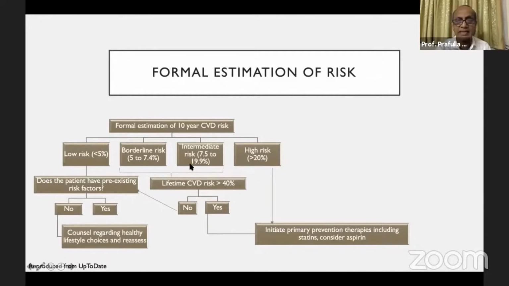It is the borderline and the intermediate risk groups where we are on shaky ground, and cannot really prescribe preventative therapies directly. Healthy lifestyles, yes, but for them you might want to look at the 30-year, lifetime CVD risk score, which this risk calculator also gives. If it is more than 40%, straight away you prescribe and initiate therapy. Otherwise, in this group, you initiate a discussion about what prevention strategy you're going to follow. And this we have talked about already.